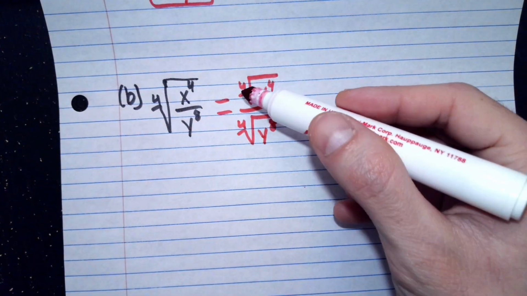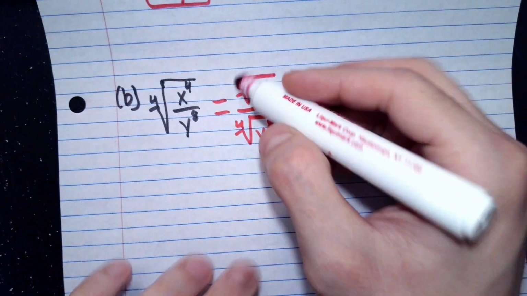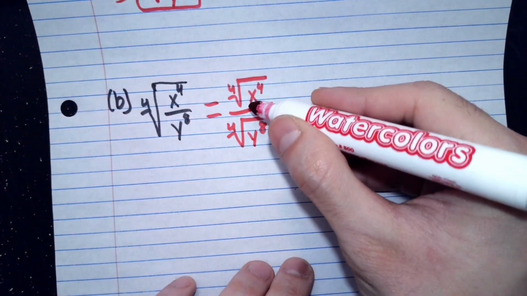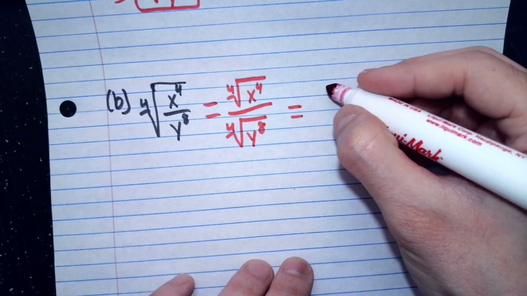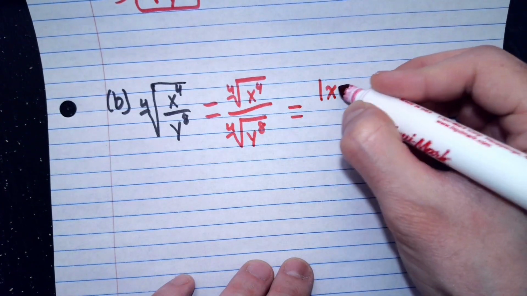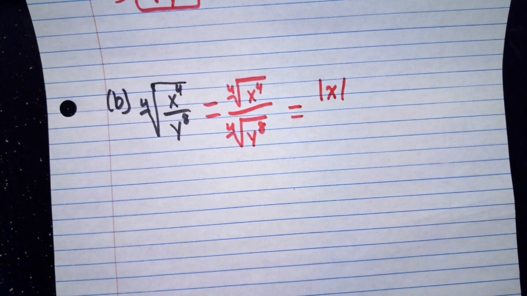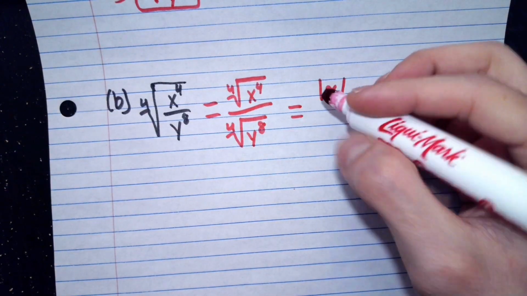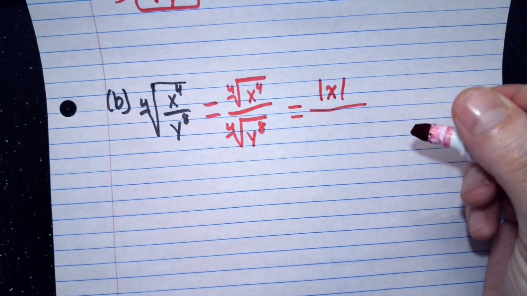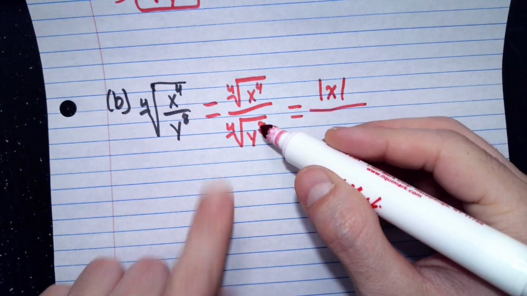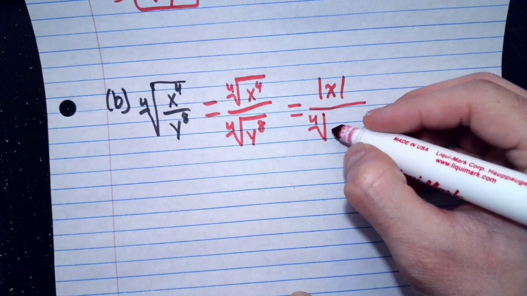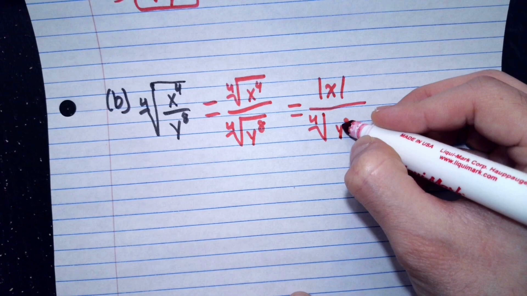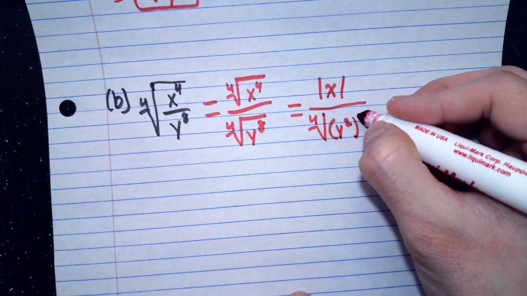Now the fourth root of x to the fourth, because these two are opposites, they cancel out, but because this power is even, we have to make sure that in my next step, instead of just writing x, we write the absolute value of x. And then down here in the denominator, I still want to make sure that I have something to the fourth power so that I can cancel this out. So I'm going to rewrite this to look like y to the second power and then that to the fourth power,